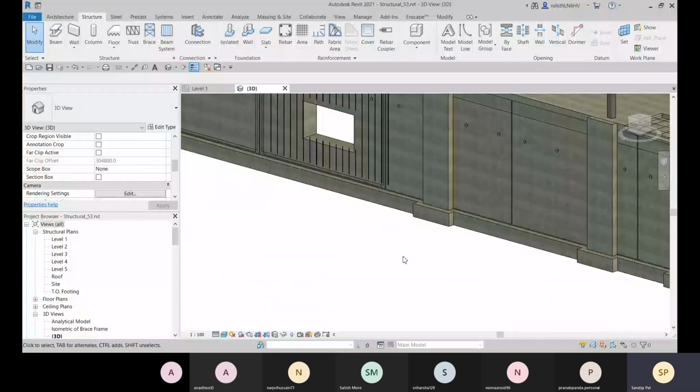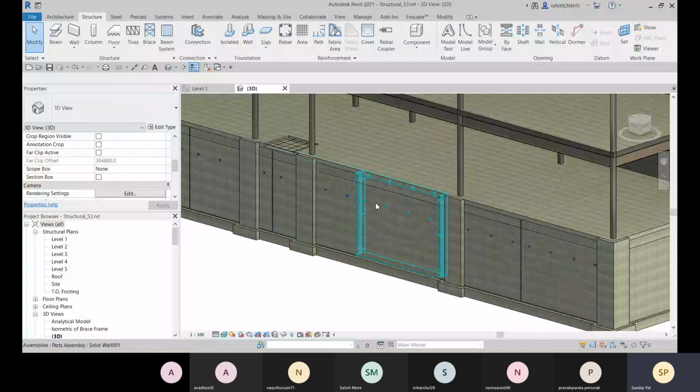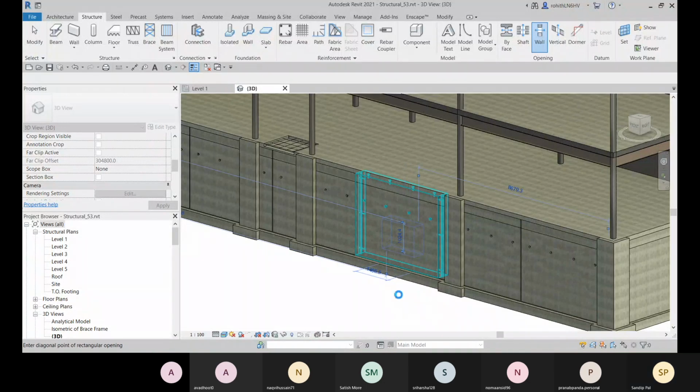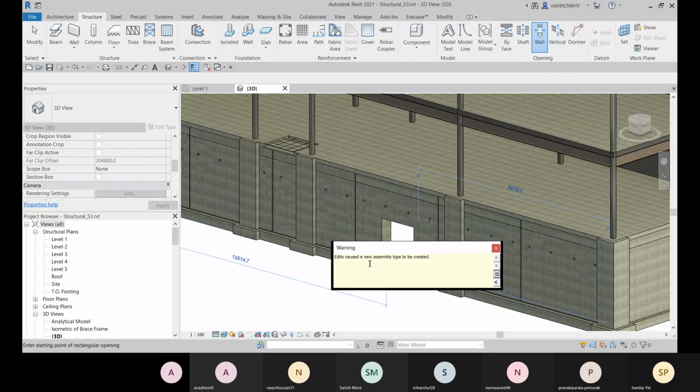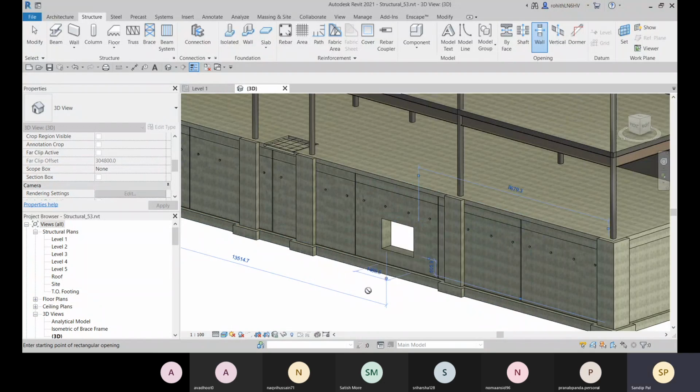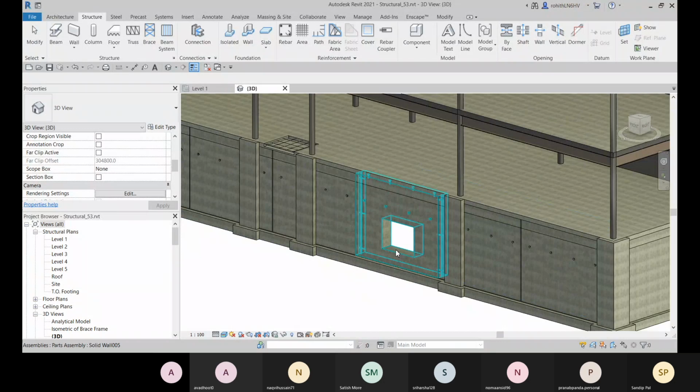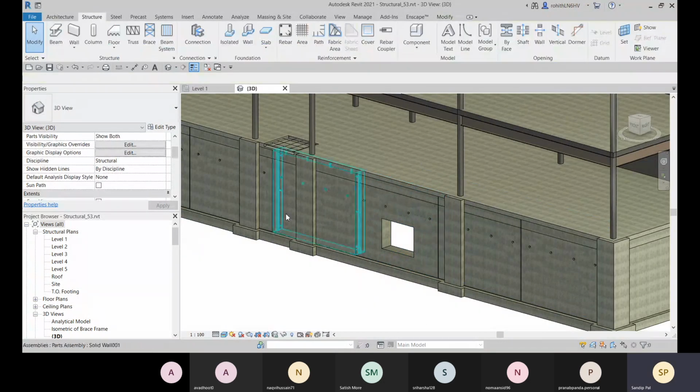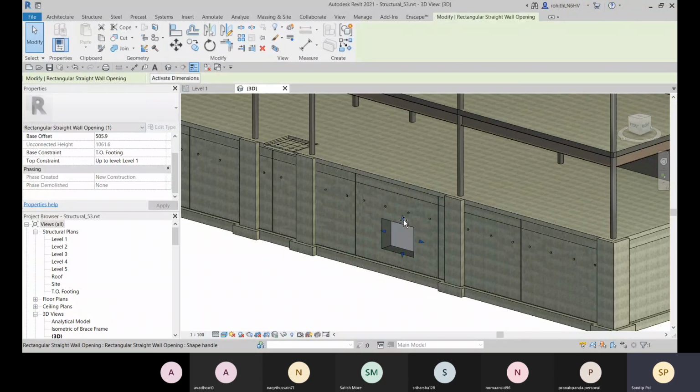Right. So what you can do, you can also create the wall opening first. Select this wall and then there you can create this opening. Okay, and now if you want to adjust the size for this wall opening, you can select it, and with this grip you can adjust the size, and you can go to the elevation. From that elevation view, you properly adjust this opening size and all. So I'm just doing it randomly. I hope you can understand.